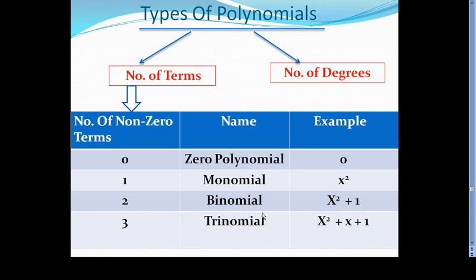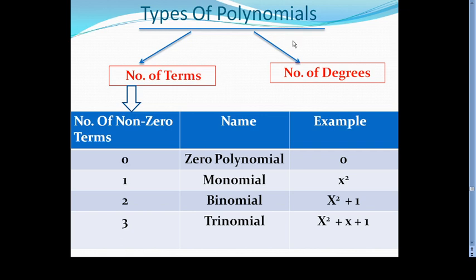Now if the number of terms is 2, then it becomes a binomial. Bi means 2. Okay. So this is one term and this is another term and they are separated by the connector plus sign. So this is called a binomial. So the number of terms is 2. Similarly, if the number of terms is 3, then it becomes a trinomial. Tri represents 3. So 1, 2, 3. So these are 3 terms separated by the mathematical operation plus sign. So this is called a trinomial. You can take the example of monocycle, bicycle and tricycle also to understand better.